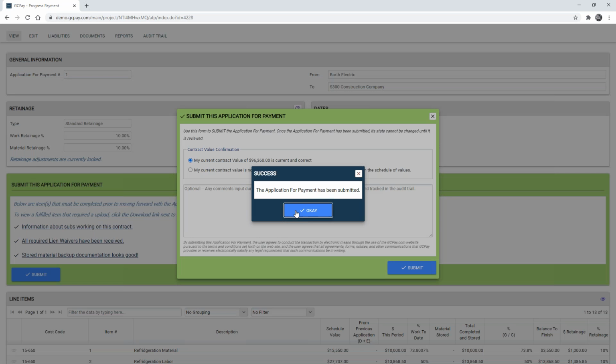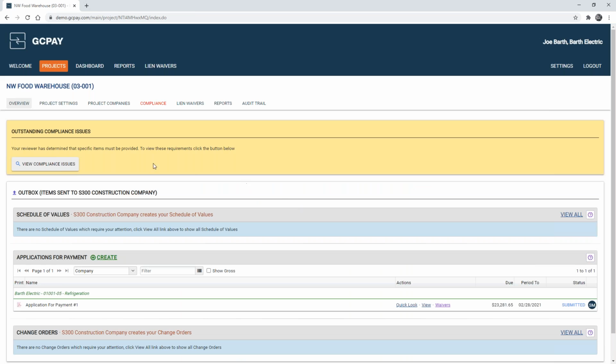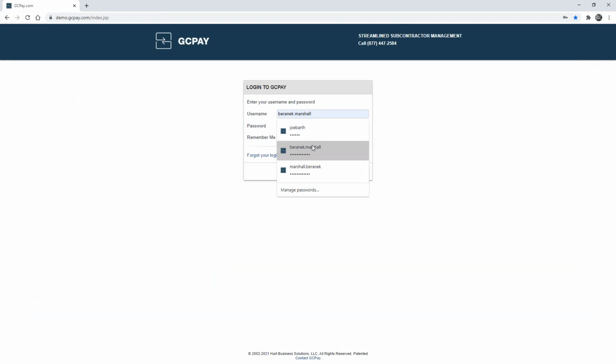We will submit the pay app as is today, and you'll notice that right away I get another reminder that I have outstanding compliance issues that need to be resolved. And so at this point in time, I'm going to now log out as Joe Barth, and for the final time today, we are going to log in as the general contractor.